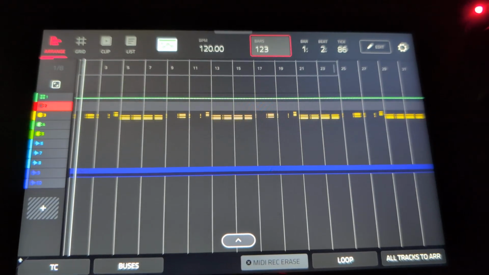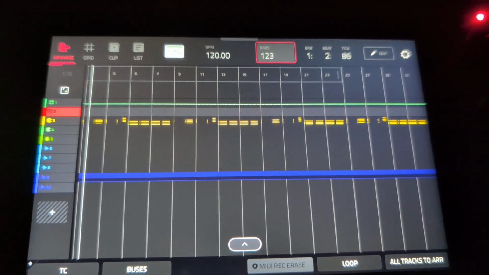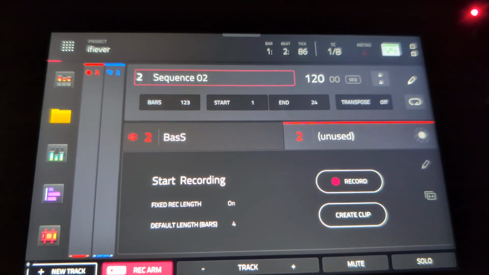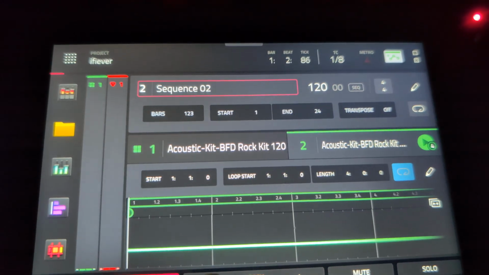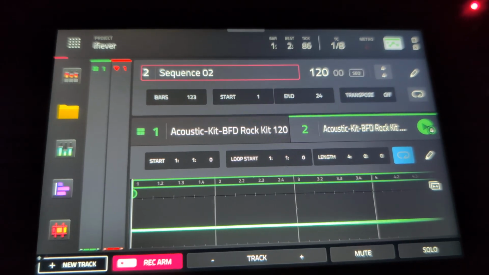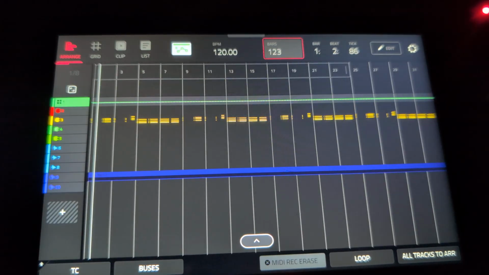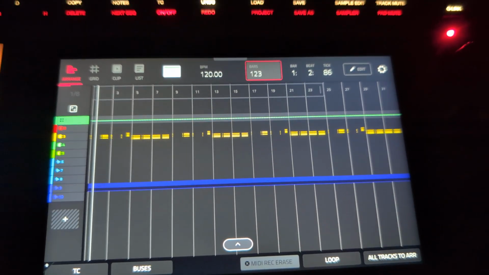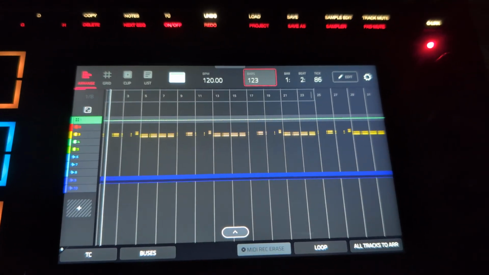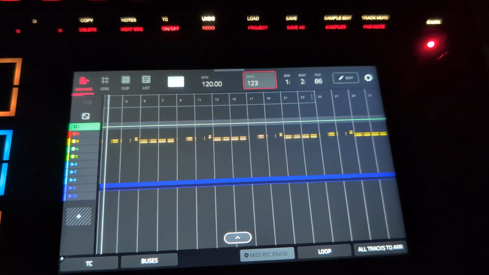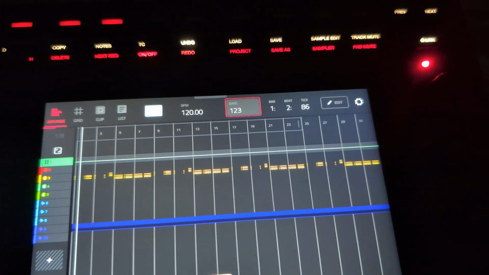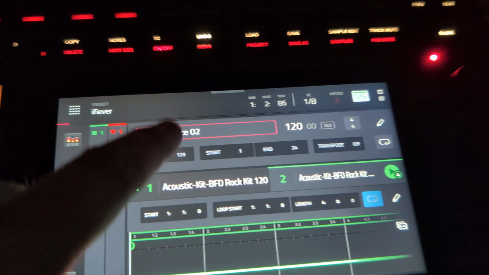So that's one of the differences, because what I figured out, and which is obvious to a lot of people, but it wasn't to me, is that if you're in this main mode, and if you're using a sequence and you're recording something into a sequence, what you're actually doing is recording it into the arranger. So every sequence is essentially this arrangement window. Whatever's in this arrangement window is going to be the sequence. And so when you go from one sequence to another, if I go back to main and I want to switch sequences,